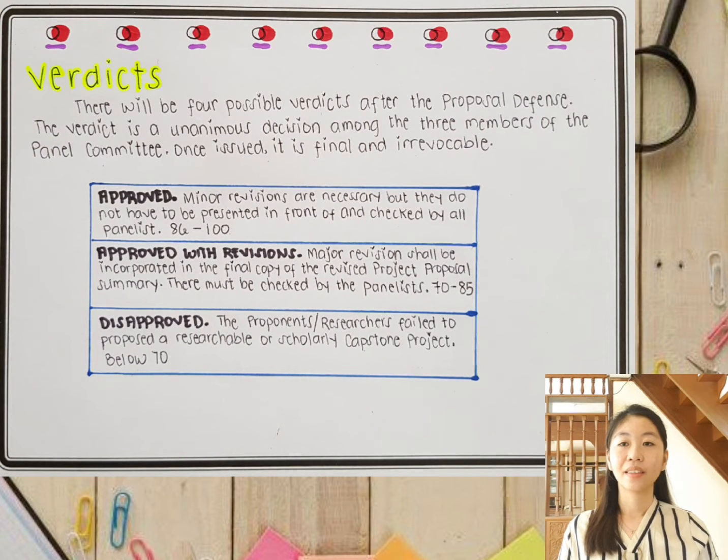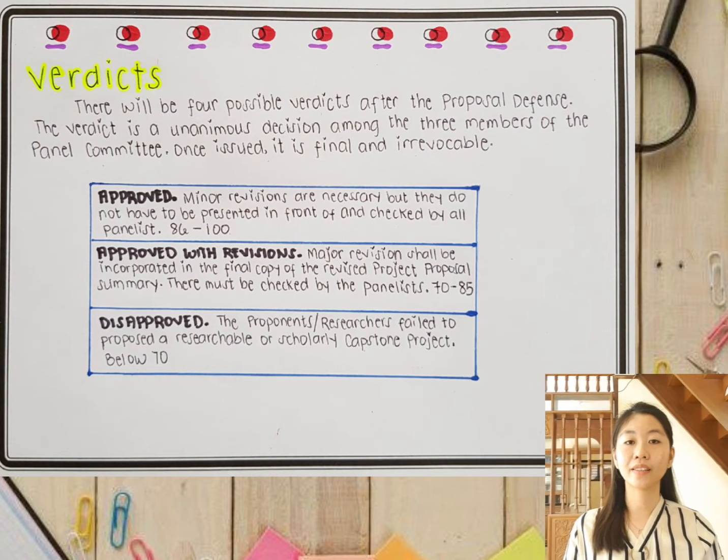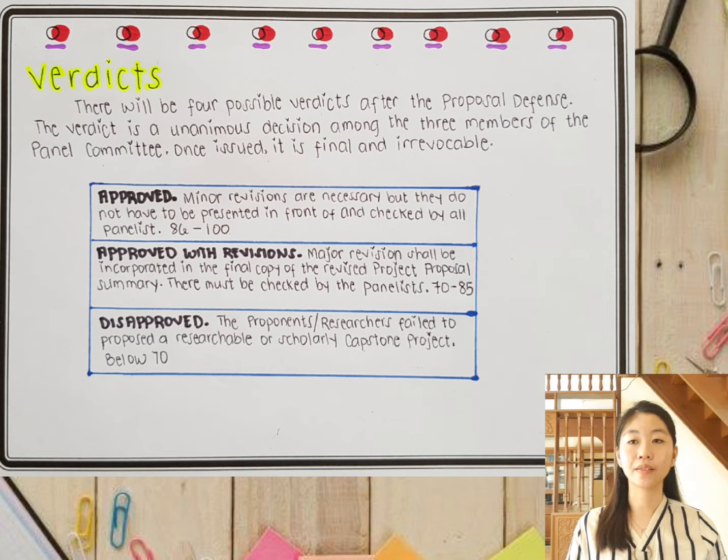Verdicts. There will be 4 possible verdicts after the proposal defense. The verdict is a unanimous decision among the 3 members of the panel committee. Once issued, it is final and irrevocable. Approved: minor revisions are necessary but they do not have to be presented in front of and checked by all panelists, 86 to 100. Approved with revisions: